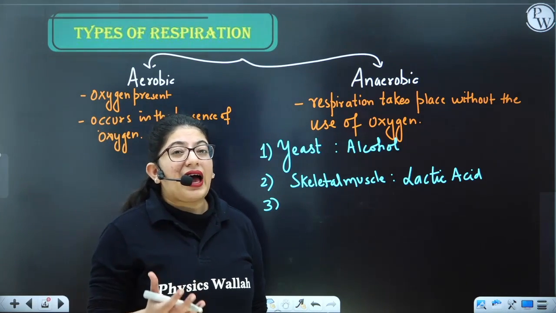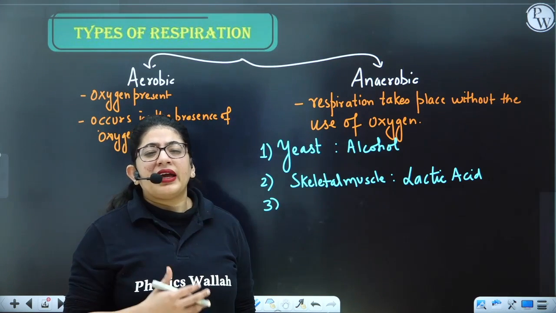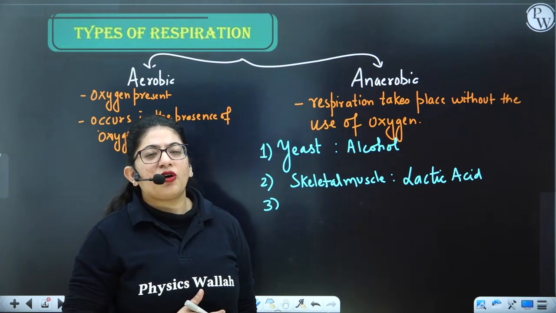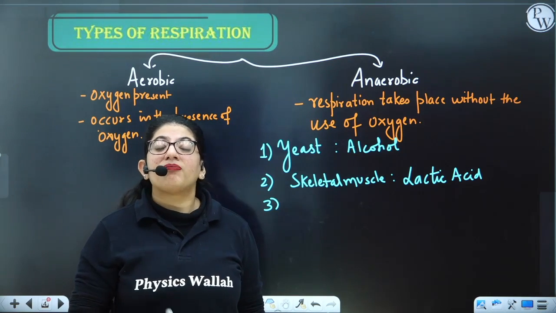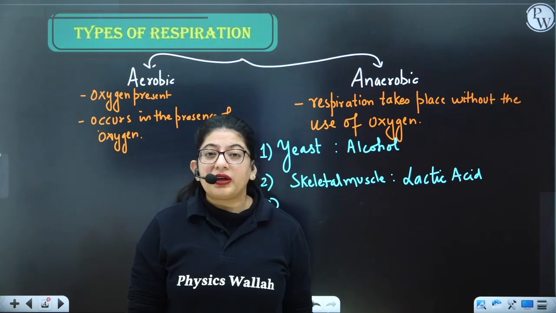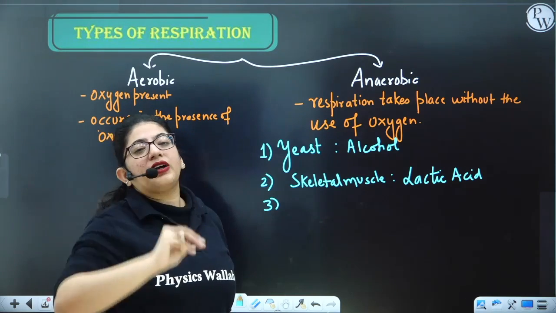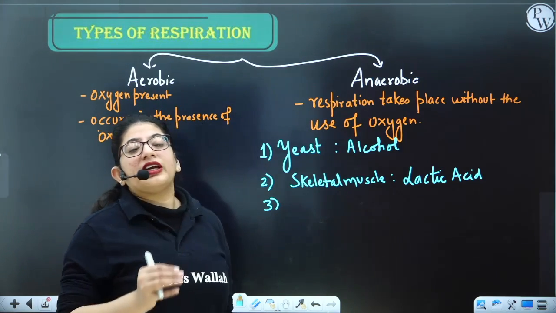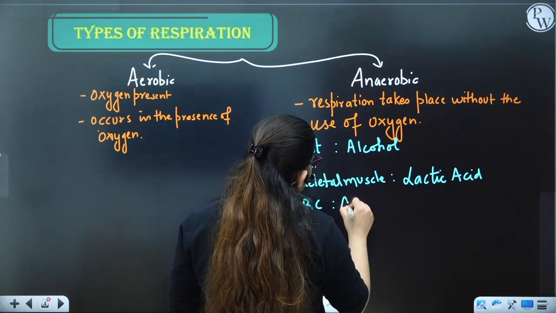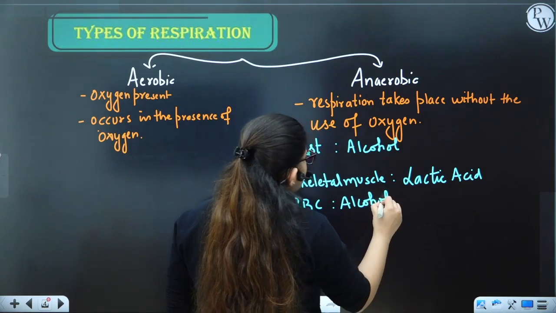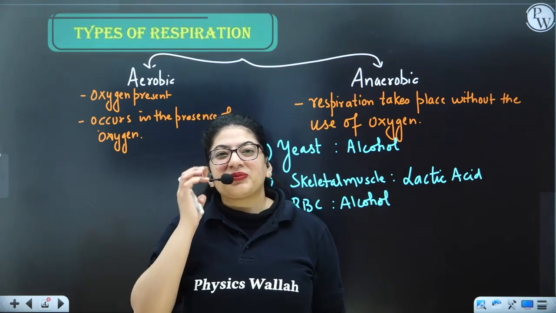If they do not have that nucleus, how are they going to respire? Is the nucleus the only reason for anaerobic respiration? No. Apart from the nucleus, it does not have mitochondria. And you know, for aerobic respiration, you need to have mitochondria. So RBCs, since they do not have mitochondria, cannot respire aerobically. So here, RBC. And what is the product formed? Alcohol, right? So I remember when I was teaching offline, one of the students asked me, "Ma'am, that's great.